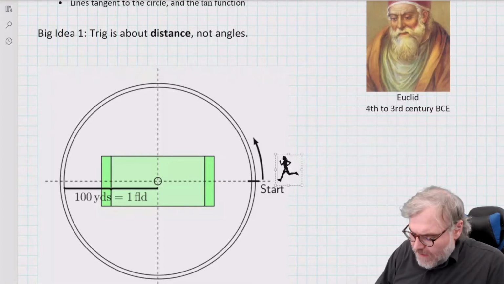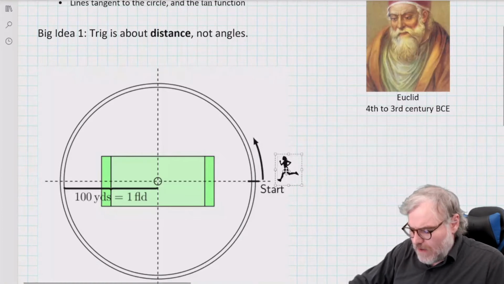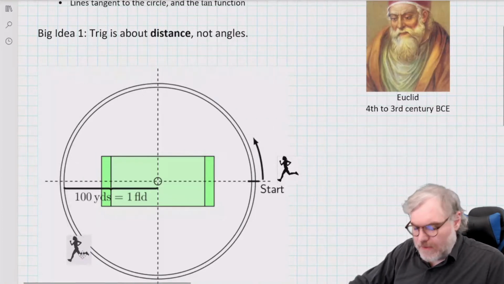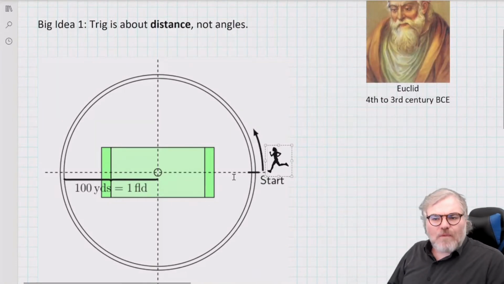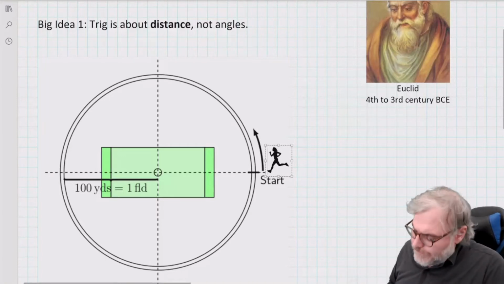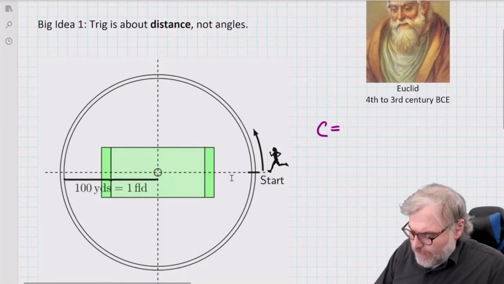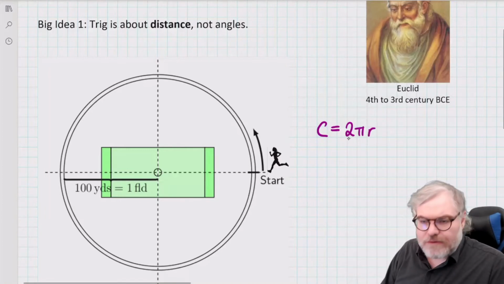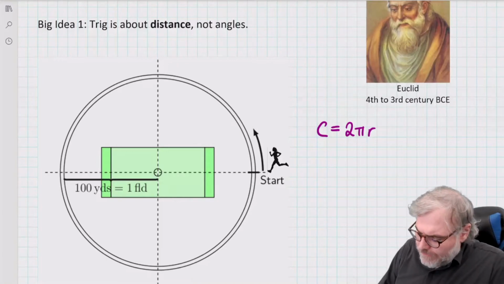How far is this runner going to run if the runner goes all the way around the track once? So that's the question. What's the circumference of the circle if my radius is 100 yards? If you'll recall, C equals 2 pi r. The circumference of the circle is 2 times pi times its radius. So in this case,